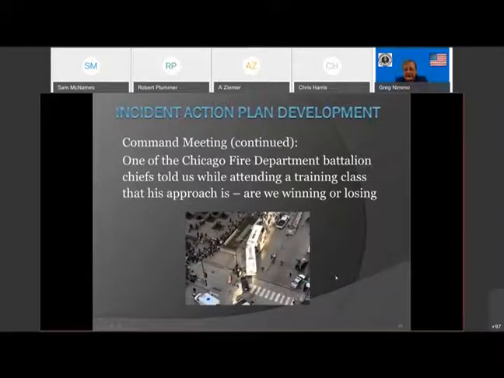We did a lot of training in Chicago, and it was always interesting, their perspective on things, because things are so large up there and they're constantly evolving. You have a lot of resources they apply to it. One of the Chicago battalion chiefs basically said that our concept is, are we winning or losing? And that's what we have to take a look at, and that will base what our next resource request will be. If we don't have enough resources there, or we don't have the right resources there, we're losing. And so what we have to do is figure out what we need to do to actually get this thing